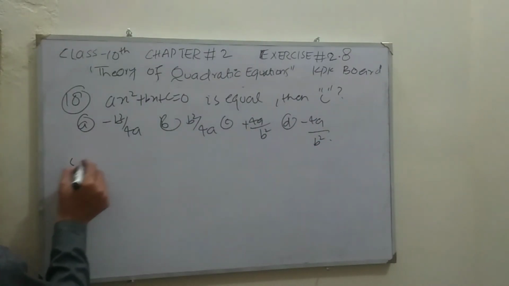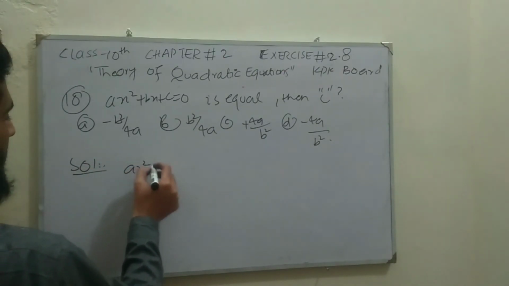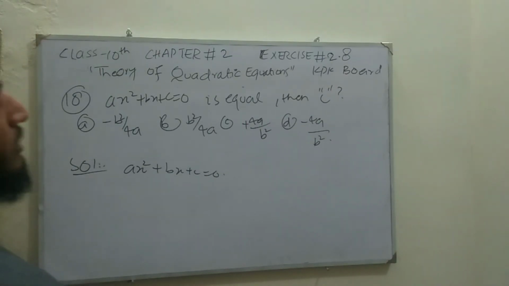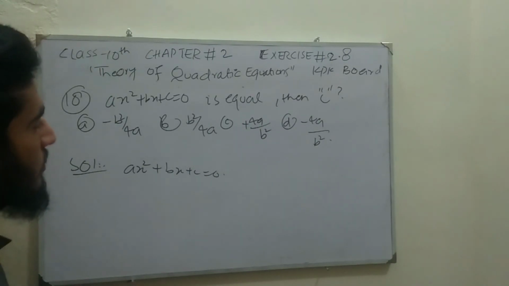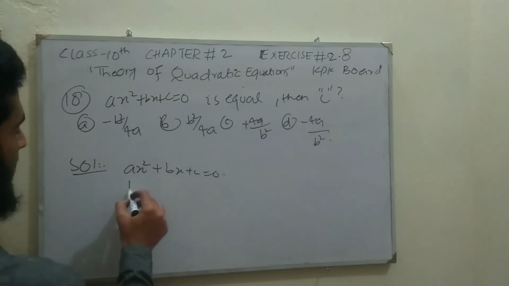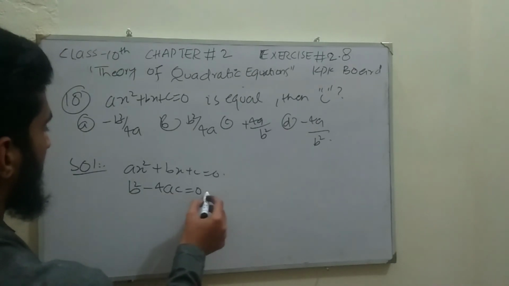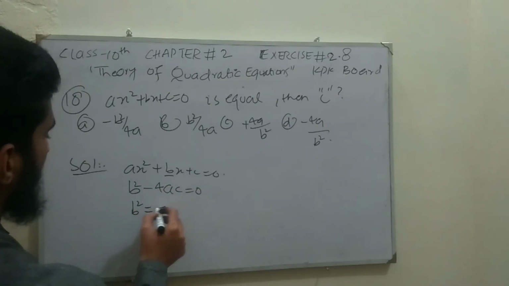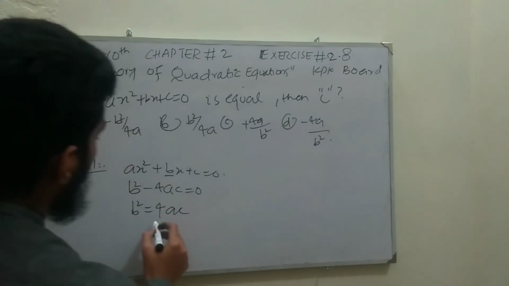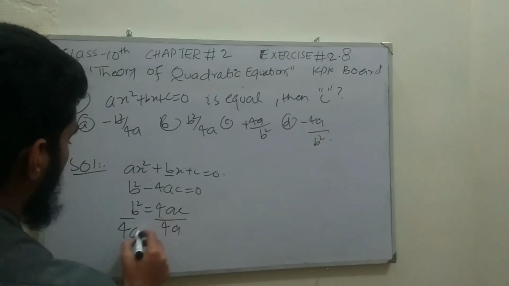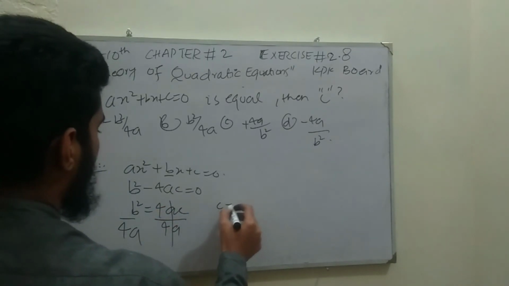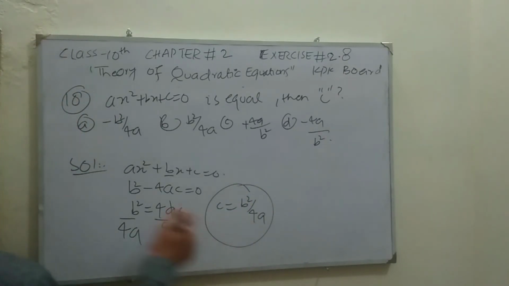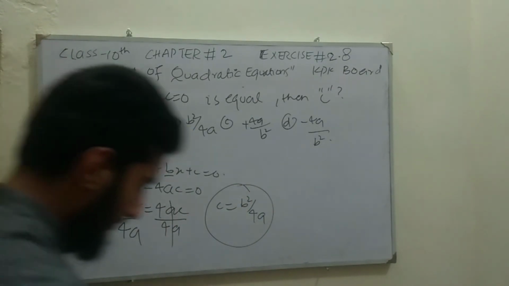We are given the standard form of the quadratic equation ax square plus bx plus c is equal to 0, and the roots and solution are equal. So you know that the roots of the given quadratic equation will be equal if the discriminant is equal to 0. So b square minus 4ac is equal to 0. Shifting minus 4ac to the right hand side, b square is equal to 4ac. We are interested in the value of c. Divide both sides by 4a. So 4a will cancel out with 4a, so we are left with c is equal to b square over 4a. So our solution to the given quadratic equation is b square divided by 4a. So the correct option is option B.